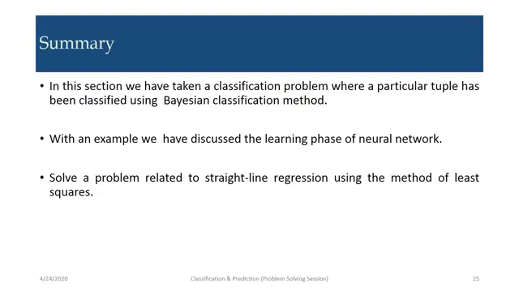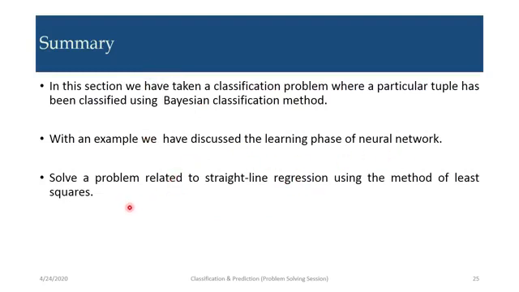Randomly we have taken a particular tuple, fed it to the neural network, then we have calculated the input and output values for the hidden layer and for the output layer. Whatever output value has been generated, we have compared with the actual value. So, the error has been calculated, and as per the error at the output layer and hidden layer, we have backtracked and adjusted the weights. Once the weights have been adjusted, then randomly we can take some other example from the observations and feed it to the network. So, this shows the learning phase of our neural network.